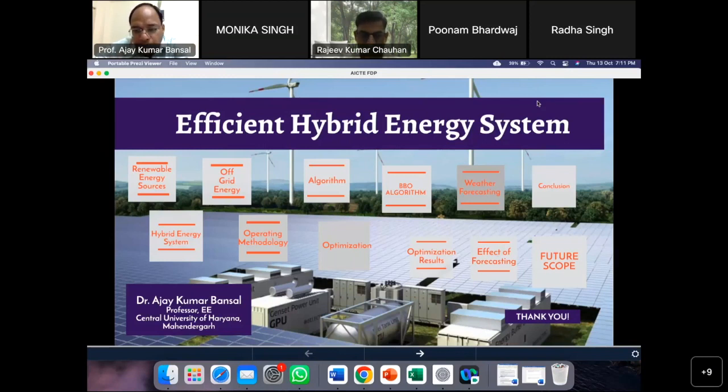And before going to hybrid energy system, we have to understand individual renewable energy sources, and then we will be able to optimize, because for optimization of anything, or before going in depth into any type of system, we must understand the basic philosophies of the various parameters. So first we will be going for